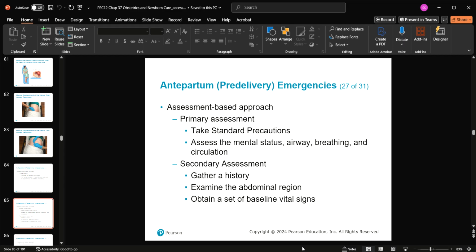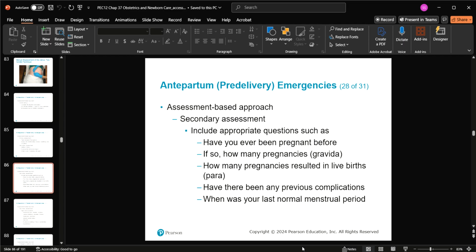All right, so this is all common stuff. We've seen this a million times. Some other questions to ask: have they ever been pregnant before? How many pregnancies? When we talk about gravida and para, we need to be able to differentiate that,